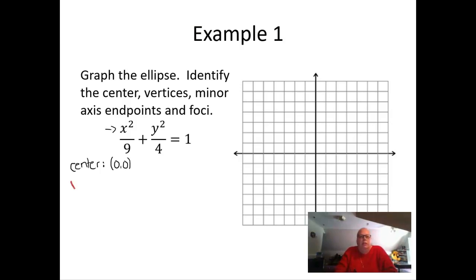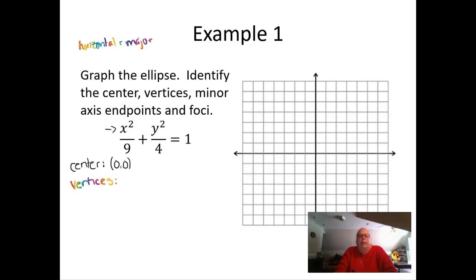The vertices, these are going to be along the major axis. And since the larger of our two numbers, 9 is bigger than 4, is located under the x, that means our horizontal axis is going to be the major axis in this case. All right. We also know that